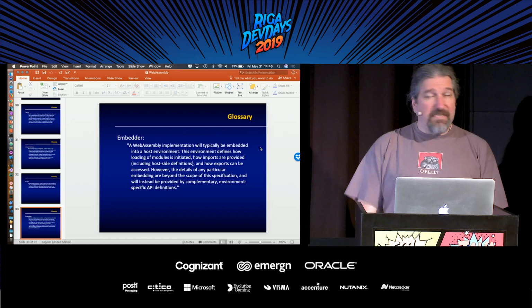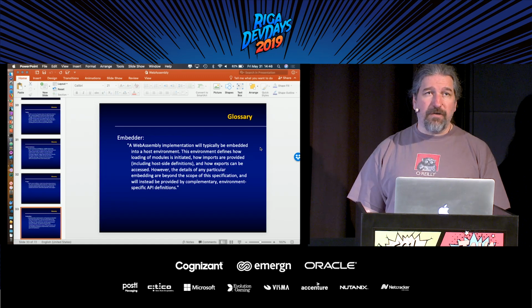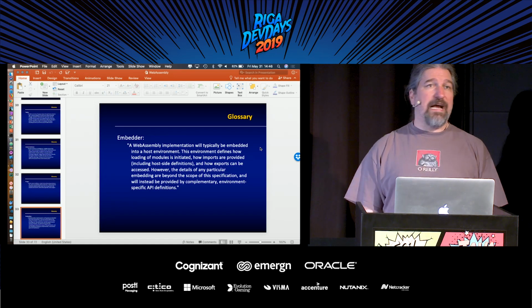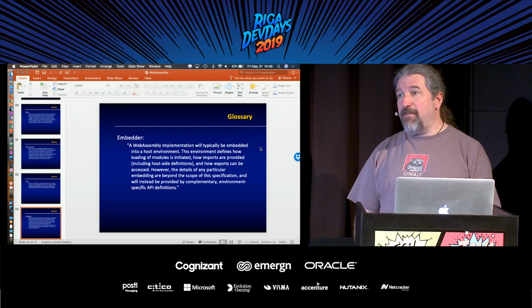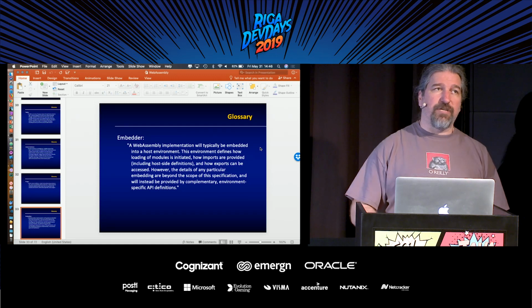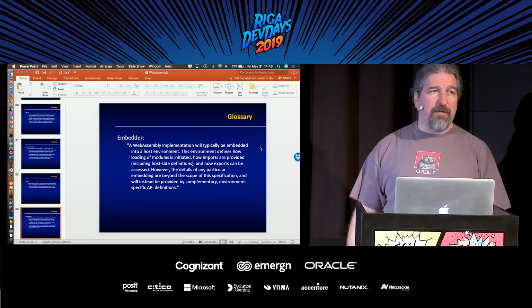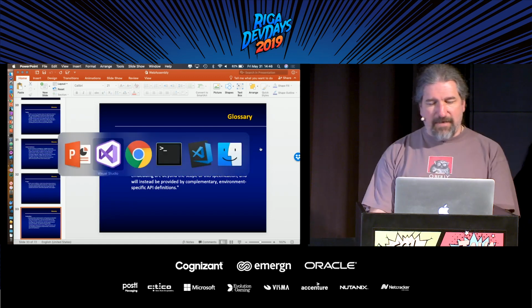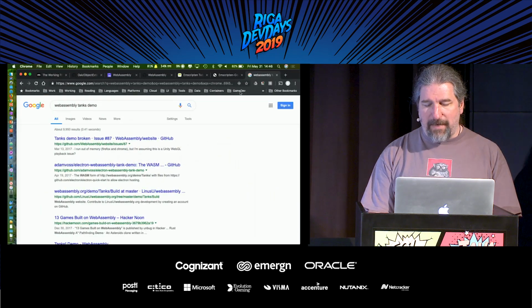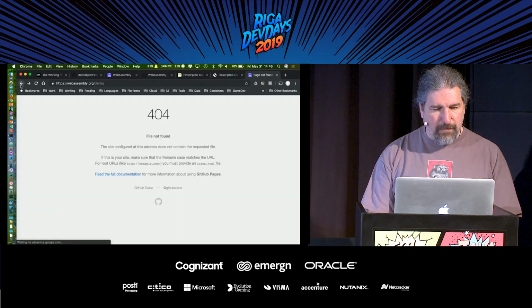The embedder is the host. That's your browser, that's Node, or that's some program that you write if you write your own WebAssembly engine. One of the things that the WebAssembly group is working on is, in fact, a couple of WebAssembly implementations. So if we go back to,